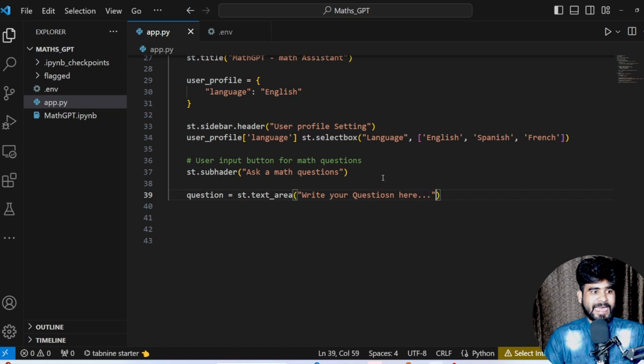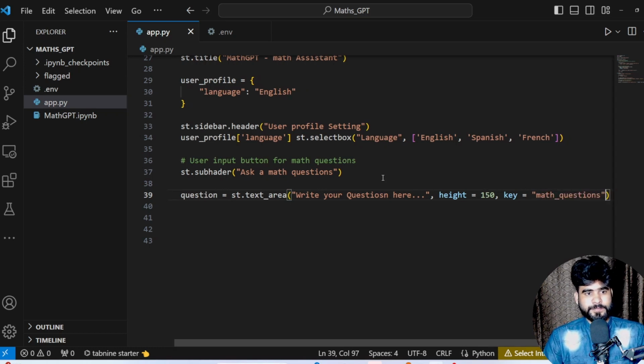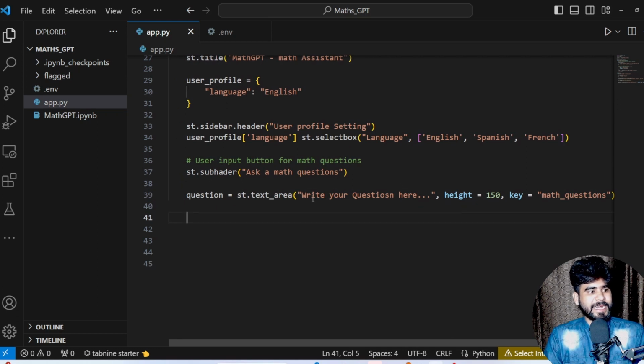And after that I'm going to pass the height as well as the width. So height equal to 150, and if required we can add the width as well. Right now I'm going to call the key only, so the key is math questions. So this is the text area that we are going to pass.